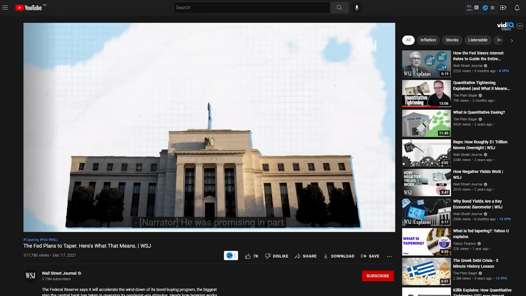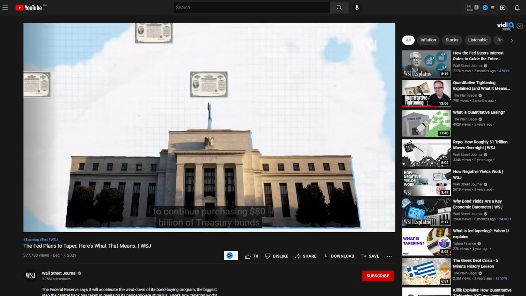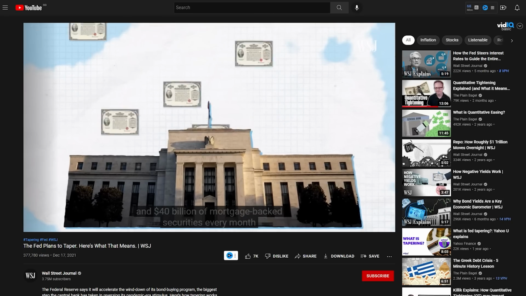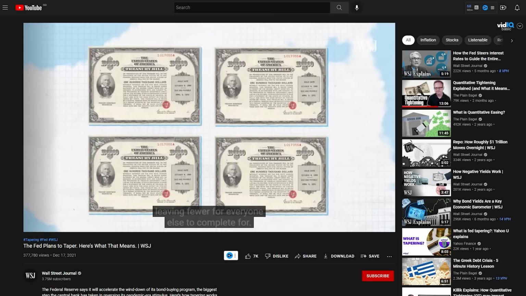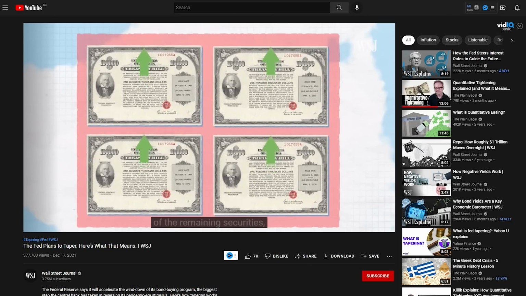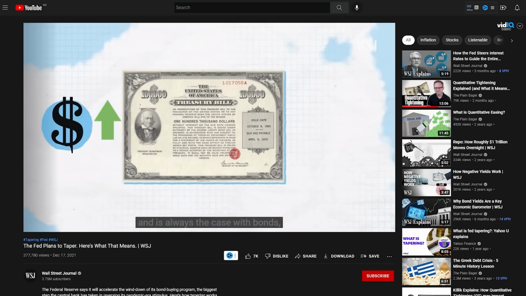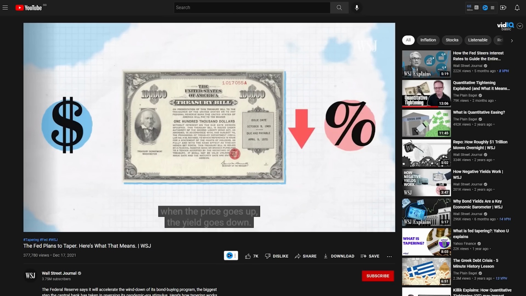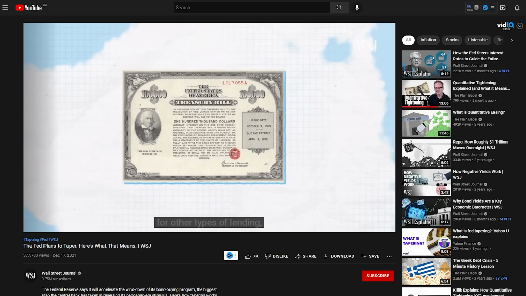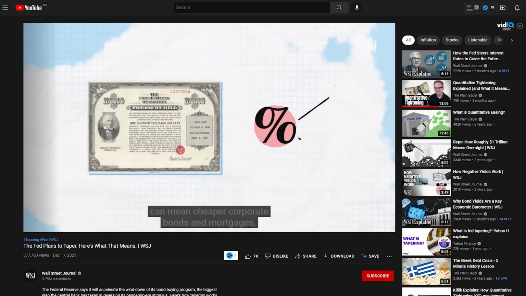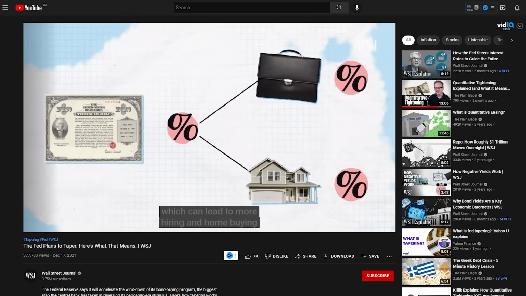So, this is the Federal Reserve or the Fed. To do QE, the Fed will first buy treasury bonds and mortgage-backed securities from the open market. This effectively reduces the number of securities in circulation. When supply goes down, demand will go up. And when demand goes up, the price of the securities will go up too, which causes the yield to go down. Now, because treasuries are often used as a benchmark for other types of lending, when treasury yields go down, corporate bonds and mortgages will become cheaper too. This makes money cheaper to borrow, which in theory will boost hiring and spending, and that will help the economy to do well. So that's QE.